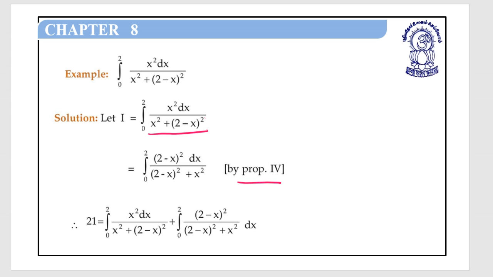Directly here we can write 2 minus x square dx, f of x, so f of a minus x. So 2 minus x square dx upon 2 minus x square plus x square. So 2I is equal to 0 to 2 x square dx upon x square plus 2 minus x square, plus 0 to 2, 2 minus x square,